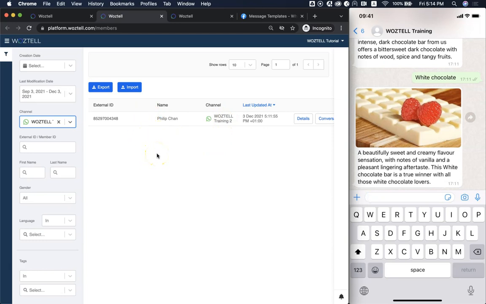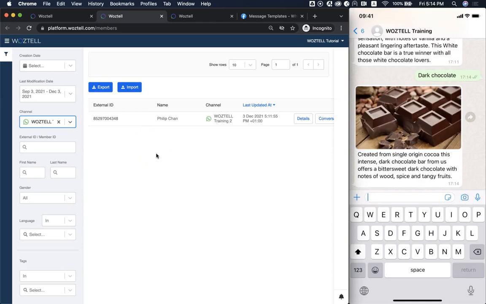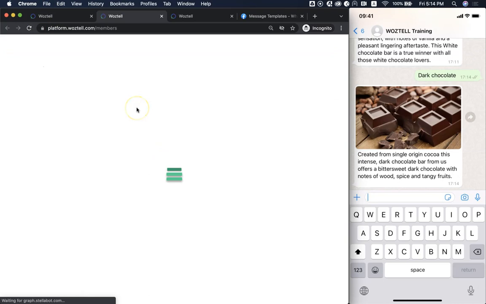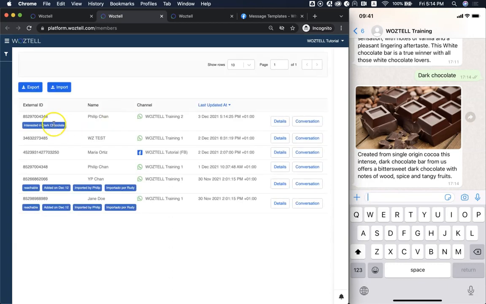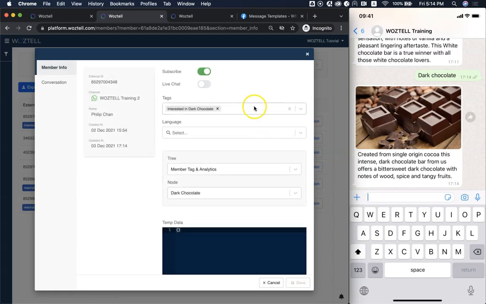Now when I type dark chocolate and the chatbot replies dark chocolate, now I'm going to refresh the page. And now you see Philip Chan is interested in dark chocolate. So here in member details, you can delete the tag or you can manually add some tags to it.